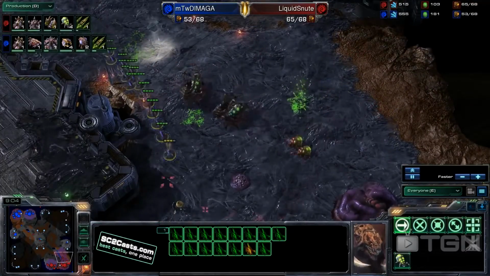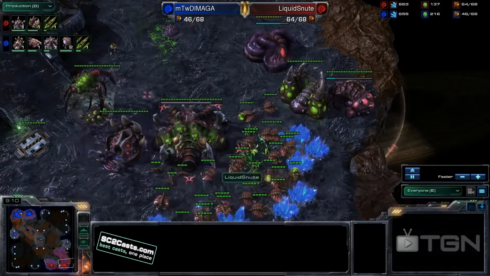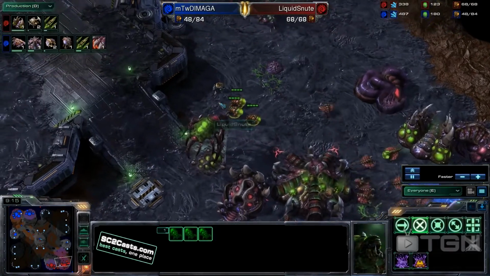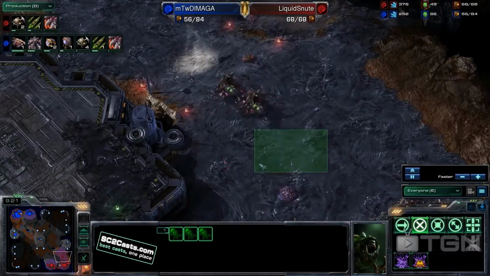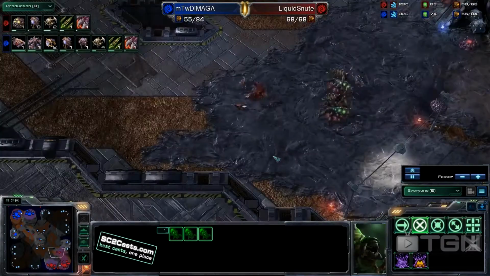Now, these banelings both going to get focused down by the Queens, and pretty solid baneling explosions there. Oh, great baneling explosions there, actually, for Snute. Destroyed the entire attacking force of Dimaga with, I think it was just 3 banelings. I think it was 2 banelings over here and 1 baneling in the mineral line, and that completely crushed Dimaga's